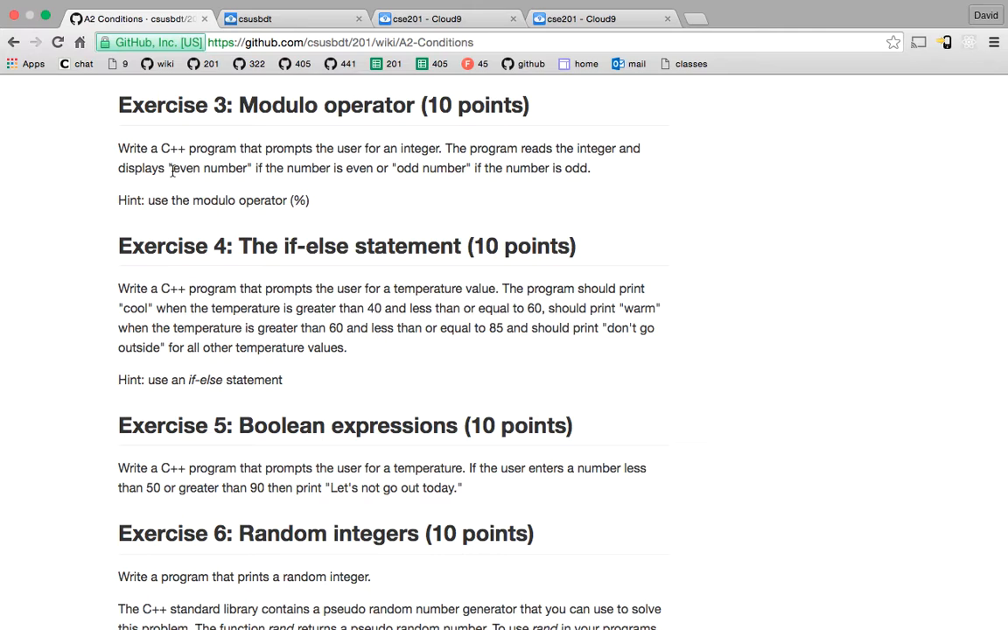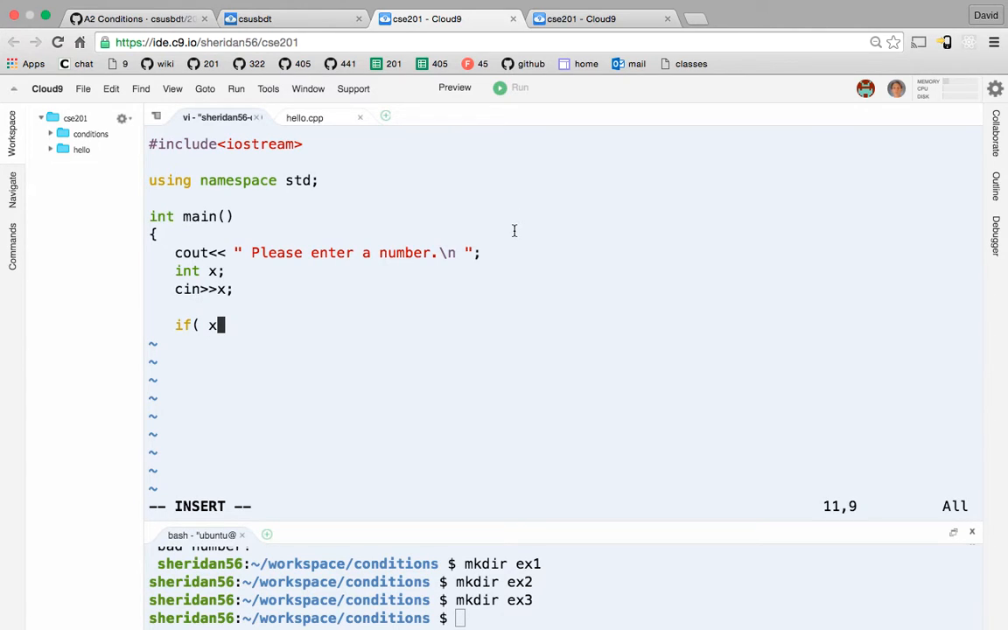Enter a number. If the number is even, say it's an even number. If the number is odd, then say the number is odd. So this is the problem. Use the modulo operator to decide whether a number entered by the user is even or odd. So we would need to,